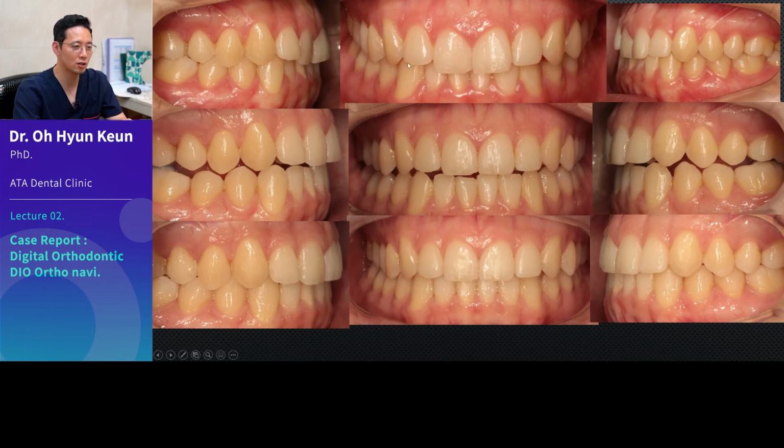Now, suppose you are looking at this picture and planning for the treatment. Picture the digital setup in your mind. The mandibular anteriors are low, right? You would want to raise them to this line. Then, this will be treated with some intrusion force. And for the mandibular anteriors, because the gum line is high like this, you will plan a setup in your mind to bring it down. Then you just need to check if these forces work properly during the treatment.